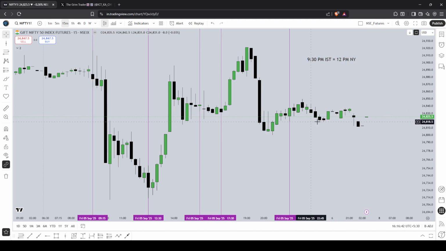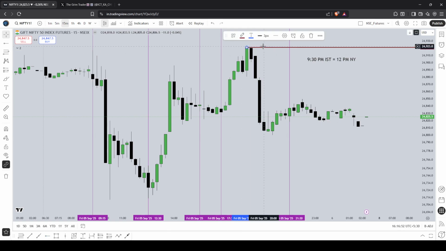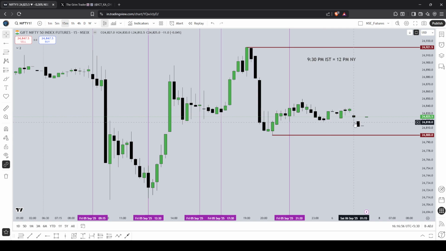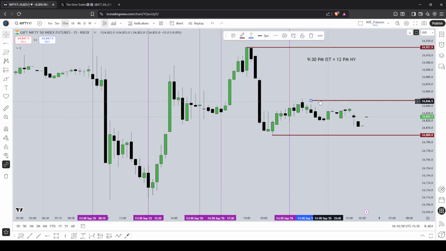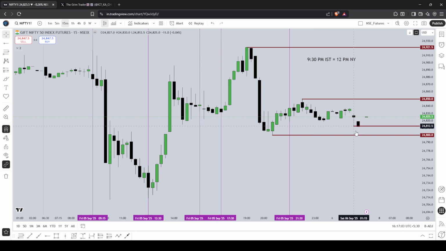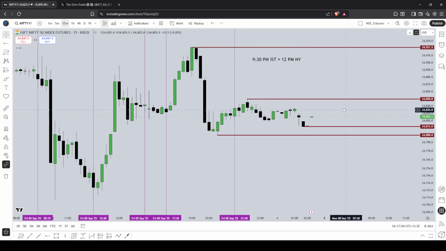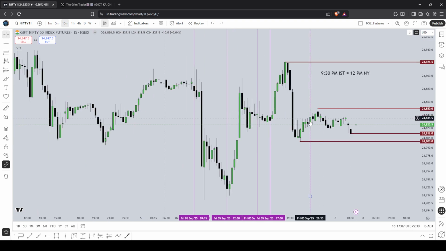Why is this important? Because the rest of the session is a New York afternoon session. We have to divide it into sessions so that you can get the high and low of the range. This is the high and low of the New York AM session range. This is the high and this is the low of the New York PM session range. These are both going to be influential during the AM session on Monday, which is tomorrow.